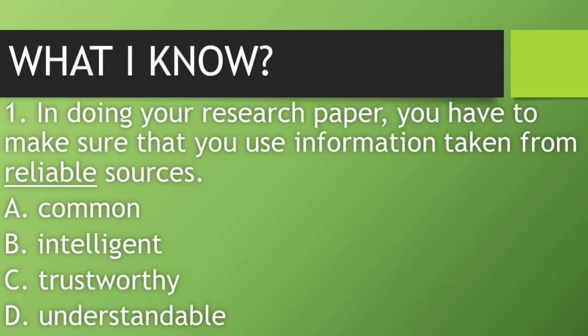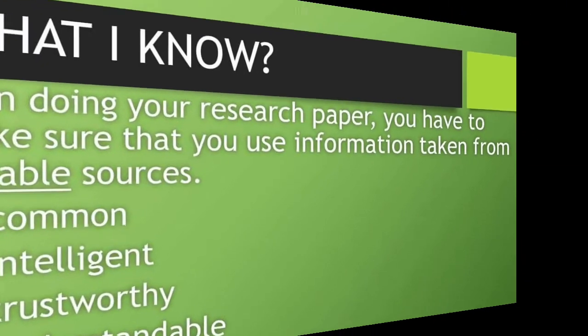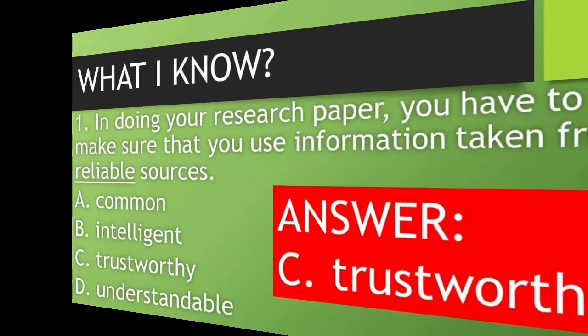Okay, so let's start. For number 1, in doing your research paper, you have to make sure that you use information taken from reliable sources. The underlined word is reliable, and these are the choices. A. Common, B. Intelligent, C. Trustworthy, or D. Understandable. Time's up. Let's check your answer. The answer for number 1 is